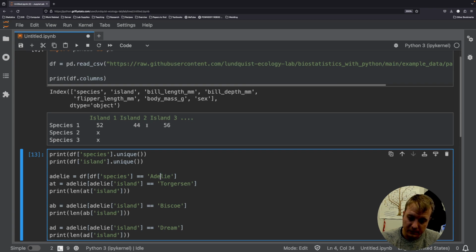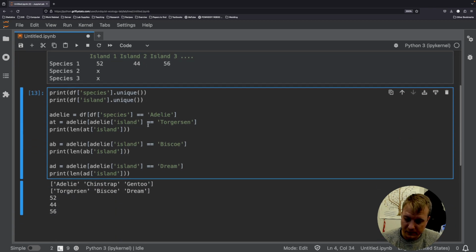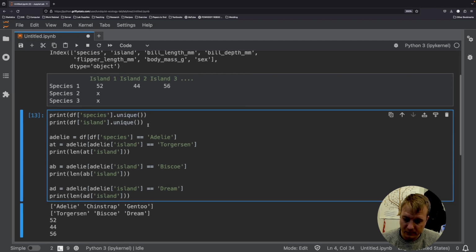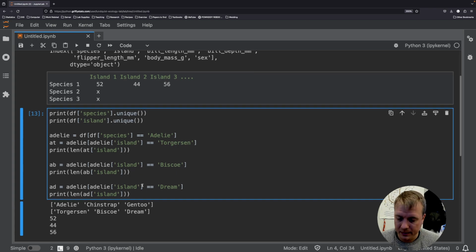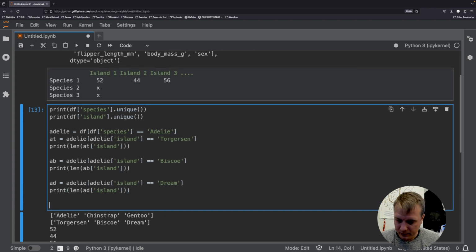So we need to then do this for species 2, which is Chinstrap, and species 3, which is Gentoo. Of course, it's going to look different for your sloth data because there's going to be more subspecies. And there may be a different number of levels of endangerment, but I'm not sure. It's up to you to find out. And so once you have that,